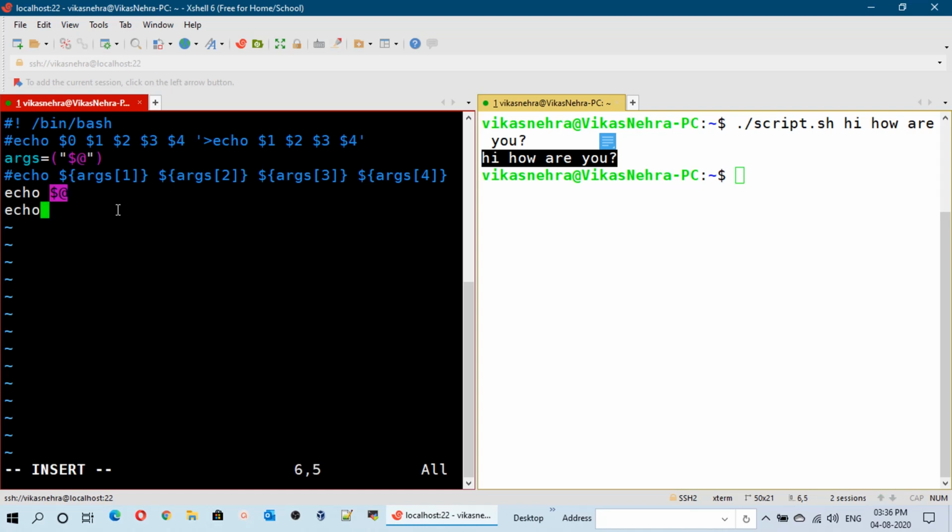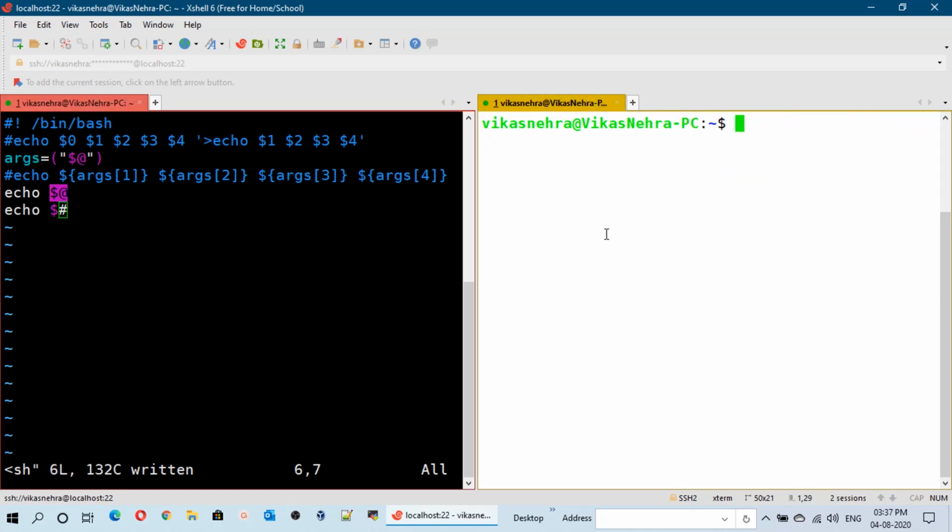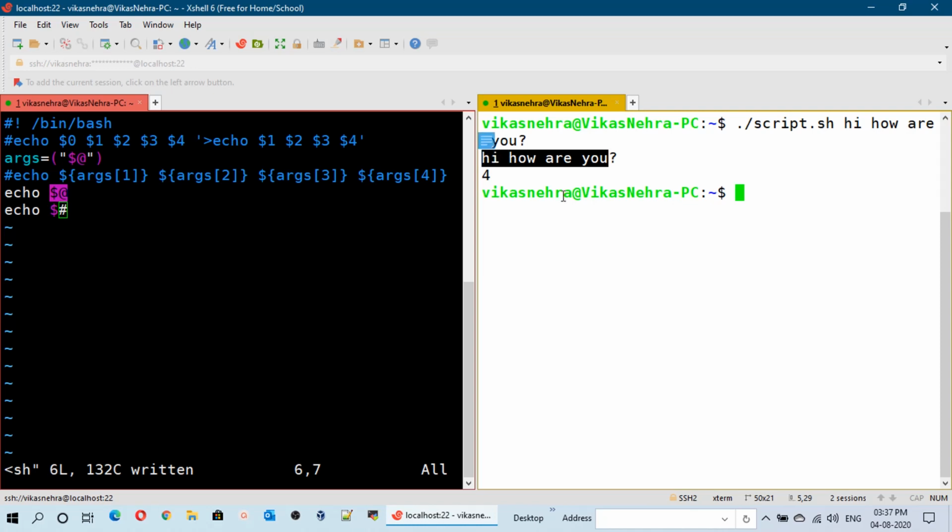If we want to display the argument numbers, we can mention here $# and we can save the file, and on the right side you should have a look at the output where I'm going to execute the script again, and here you can see that the passed arguments in this script are 4, since we have used the 4 arguments at the input when we executed the script. So in this way we can know the number of passed arguments.